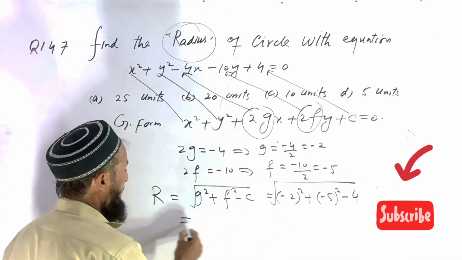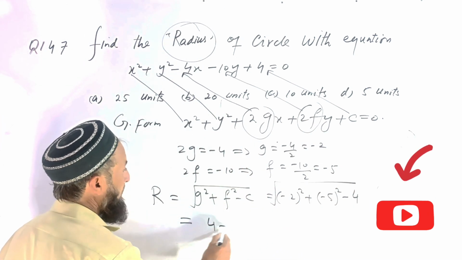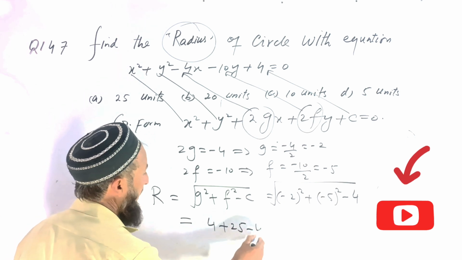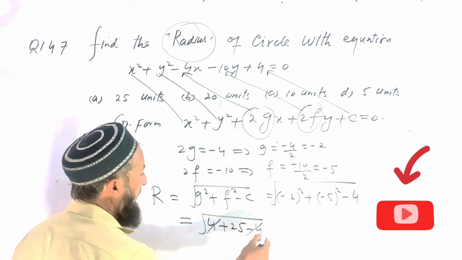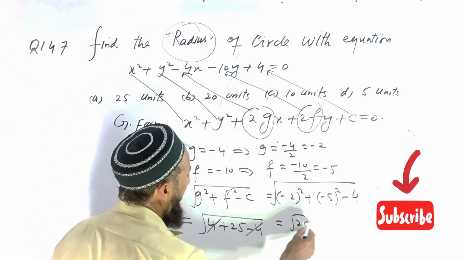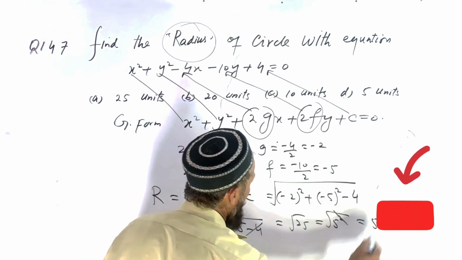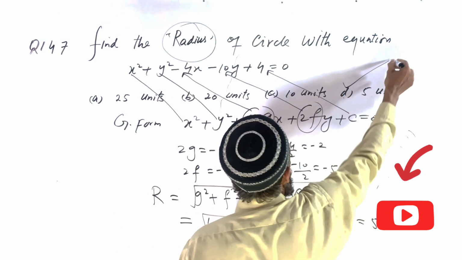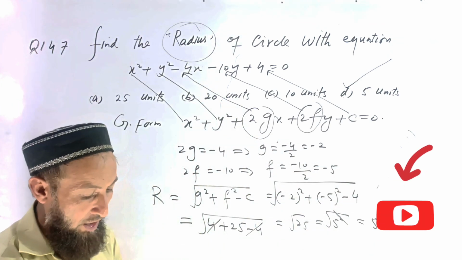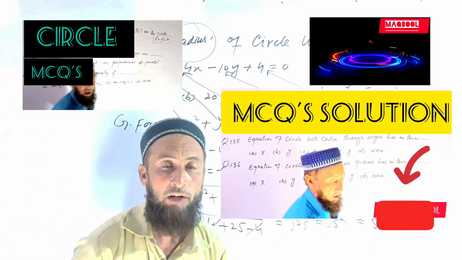If we check this result, 4 plus 25 minus 4 under root, the 4s are cancelled, so under root 25, that is 5 square under root, and both are cancelled, which is equal to 5. Option D is the correct option. 5 units is